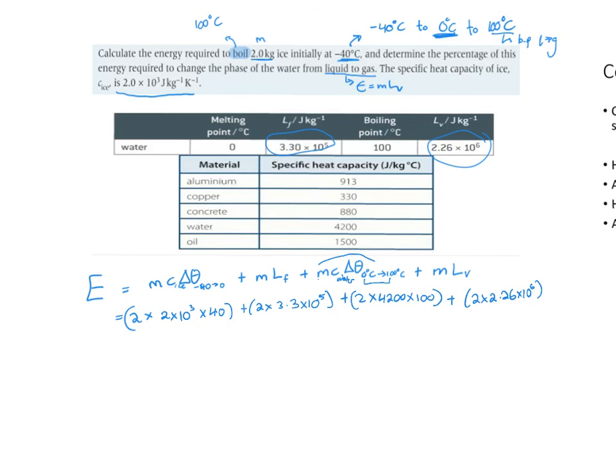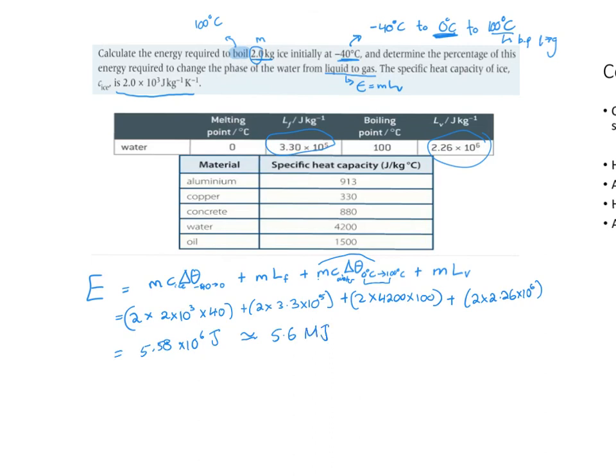And then when you do the calculation, it will come to about 5.58 times 10 to the 6 joules, or roughly 5.6, since the lowest number of significant figures given is 2,